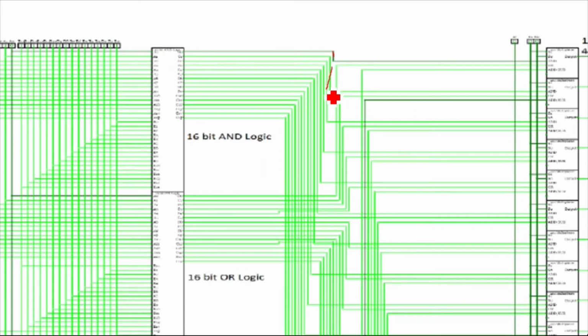Similar way you can see here, this is connected like this. Third, this is the fourth one, it is connected to the fourth mux, like this. Similar way for the OR IC, you can check, this is the first output of the OR gate, and it is connected to the first mux. So like this you can do the connection.